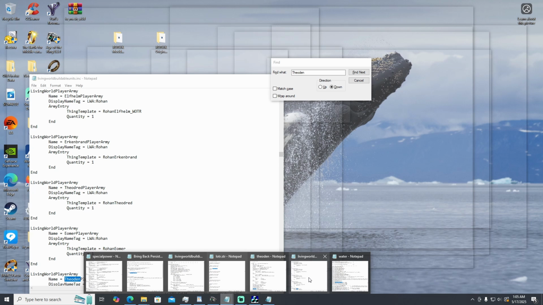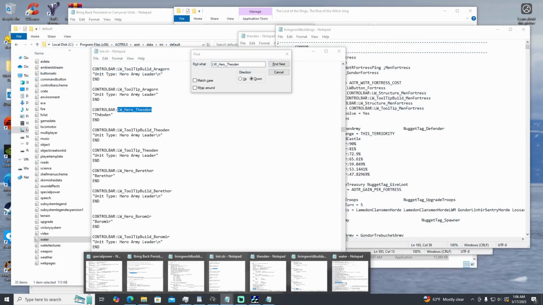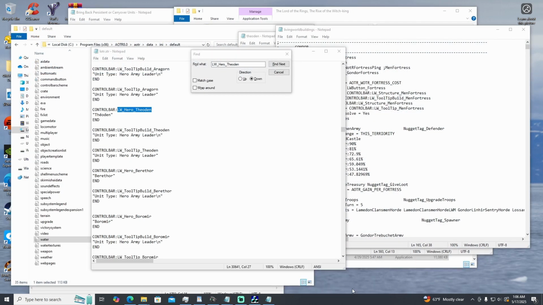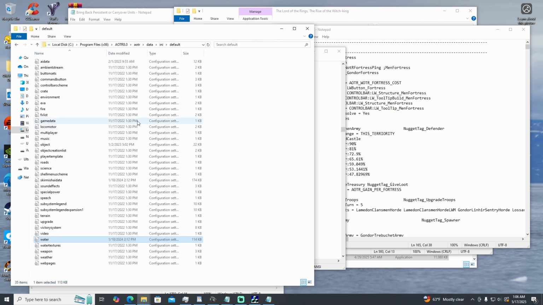I did learn how you can do a couple of things that I was unsure of in the last episode, so I'll go on over there at the end of the episode here. All right, so let's say you wanted to add Theoden to Gondor's hero roster. With some of these files, they're a little confusing to find, so I'll show you real quick on how you can do that. For your living world buildable units,